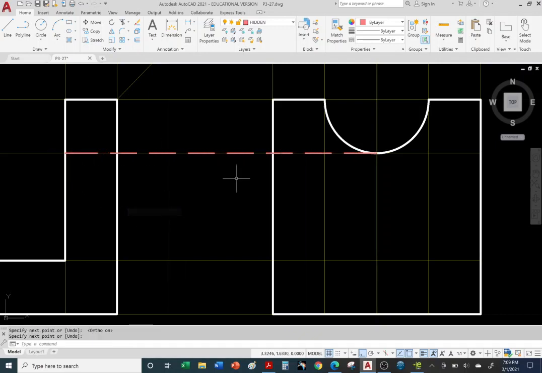And right-click enter. And we can go ahead and shorten it using the grips. There it is. Hit escape to deselect. There's our red hidden line. So that's the depth of this semi-cylindrical shape or scallop. Now we have a green center line, right? So let's go to green center layer, line command. So from the center of this semicircle,